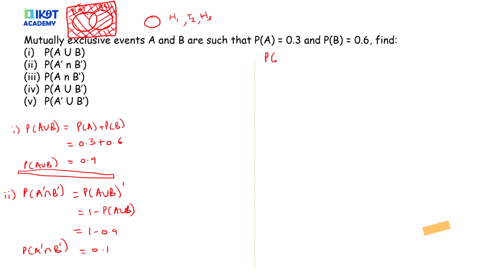Then the probability of A intersection B complement. Now, I think in the future I'll introduce us to a contingency table, but for now we know that the probability of A is the same as the probability of A minus the probability of A intersection B. And here we have 0.3 minus 0. So the answer here is 0.3. So I hope this makes sense. Then now moving on to this probability of A union B complement.